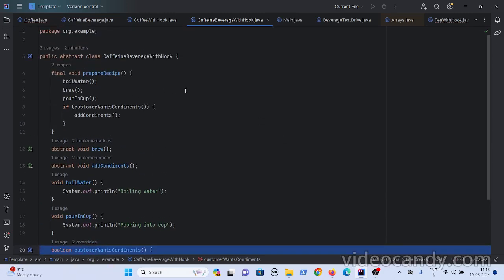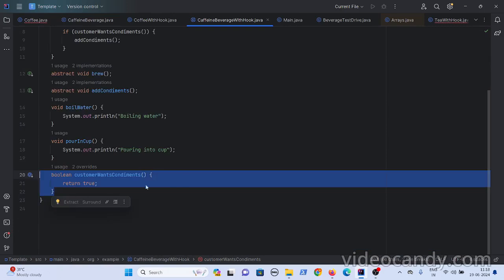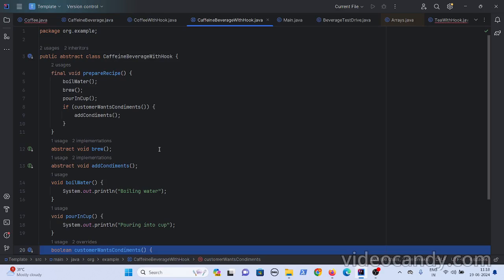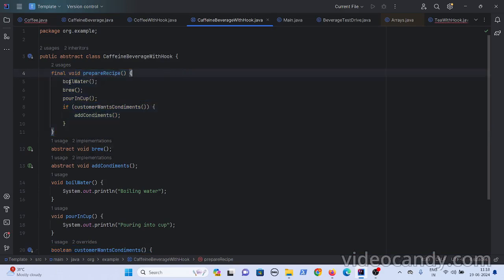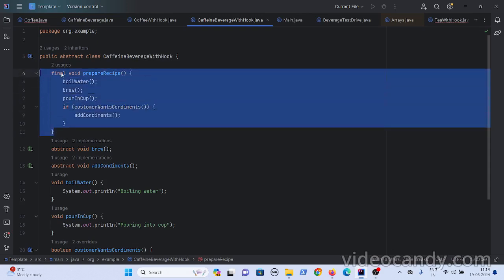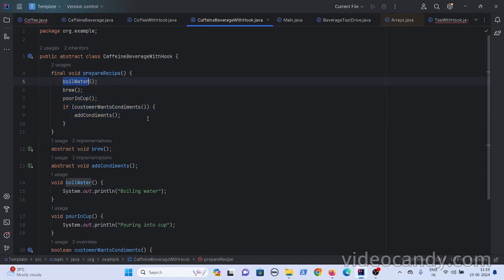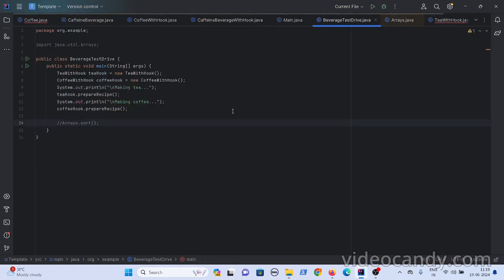A hook is nothing but a method where you have either an empty or default implementation. So in the template pattern, you have one template method. Basically, this is an algorithm, which is declared as final, so that subclasses won't change the structure of the algorithm, and it provides a default implementation for a few methods, and for other methods subclasses have to provide the implementation. That's about the template method pattern.